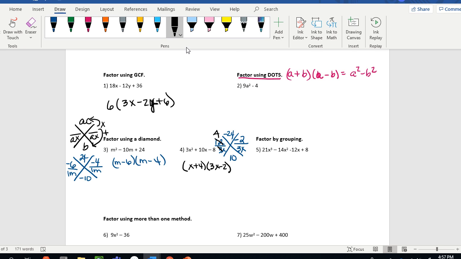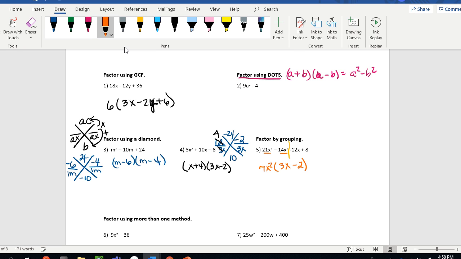All right, looking at the last one. This one has 4 pieces, so this is a grouping one. And if you don't remember, you want to split it in half right there, and then factor out whatever you can from these. In this case, we're going to have an x squared and a 7. So 7x squared times 3x